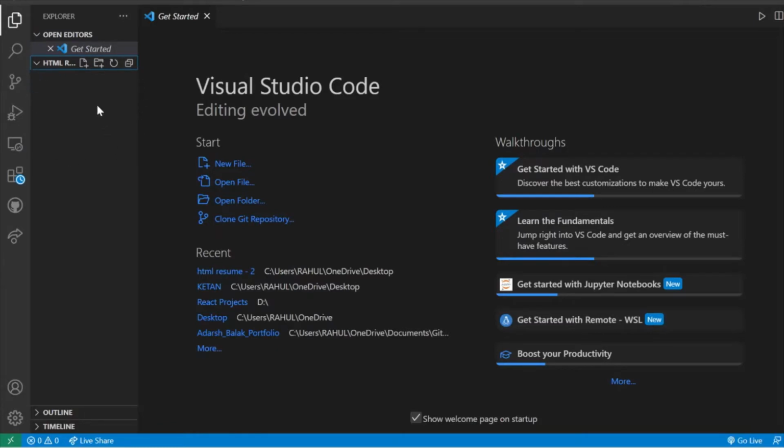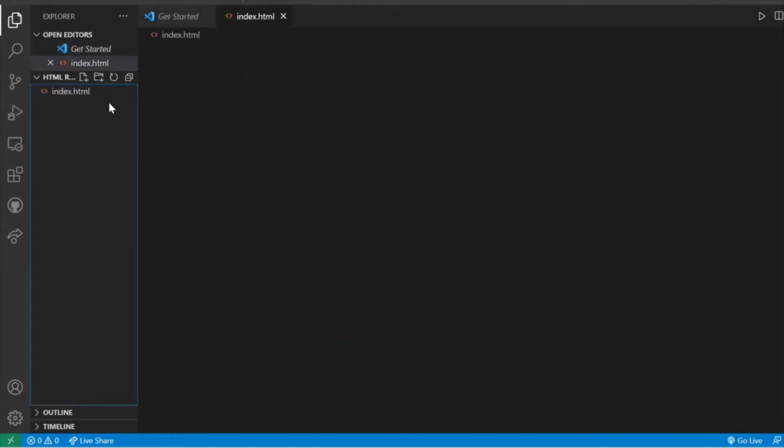Now let's start with the file creation. So initially the file that we are going to create is index.html. Now index.html has its own value attached to it. Because we always set the name of our first file as index.html, so that the browser, or the site where we are hosting our website, gets to know from which file the site needs to get loaded. So let's start with index.html.